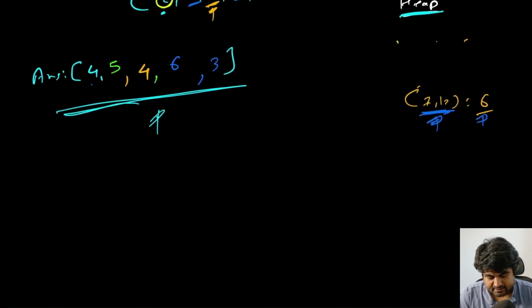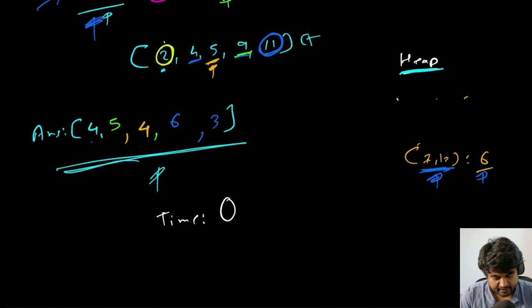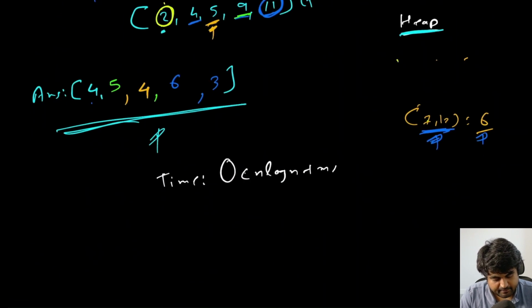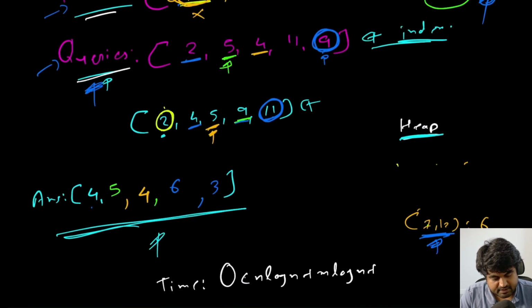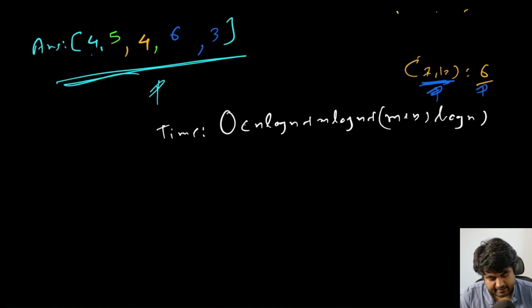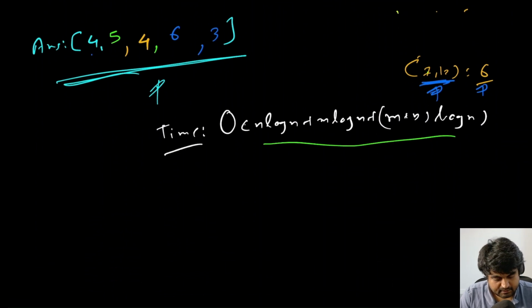Now let's try to analyze the time and space complexity. Okay, so the time complexity is going to be, first, we are going to be sorting the intervals. So that is going to take big O of, let's say, n log n time. Plus we are sorting the queries. So that is going to be big O of m log m. Plus we are using a heap to go over queries and intervals. So that is going to take (m plus n) log n time, and this is the time complexity. So notice that even though it looks longer, it's still significantly less compared to big O of n square